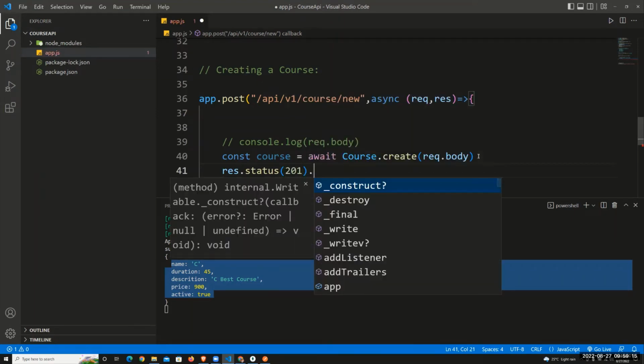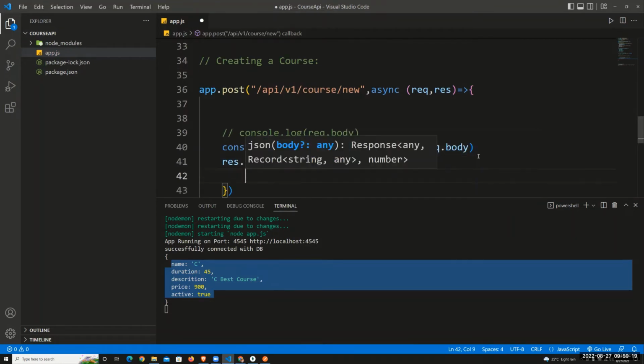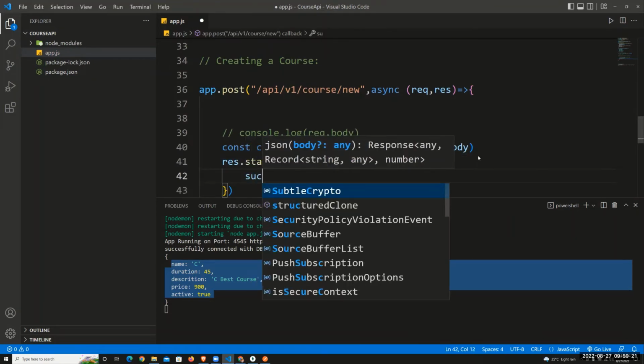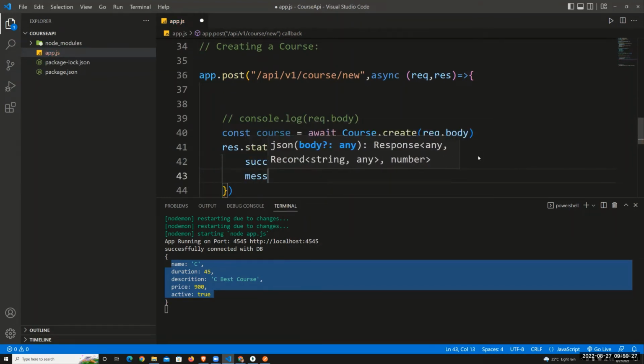201 means product created. I will just send JSON. यहाँ से मैं JSON भेज दूंगा। क्या भेजूंगा, एक मैसेज भेज देता हूँ सक्सेस करके, यहाँ पर ट्रू भेज देता हूँ कि ये हो गया ट्रू। यहाँ से और क्या भेजता हूँ, मैसेज भेज देता हूँ, जो चाहो तुम भेज सकते हो। यहाँ से मैं मैसेज भेजता हूँ कि योर कोर्स क्रिएटेड सक्सेसफुली,